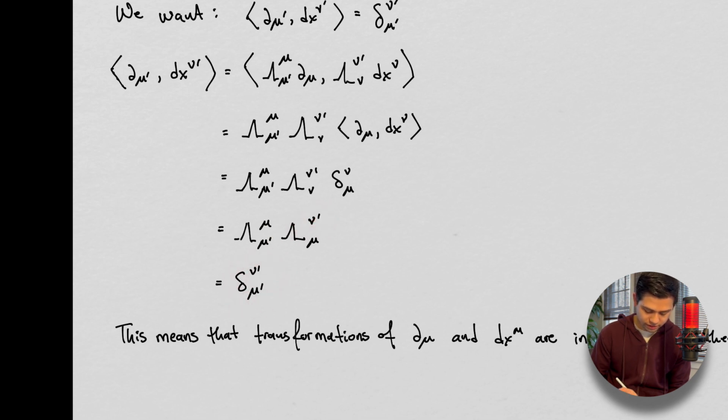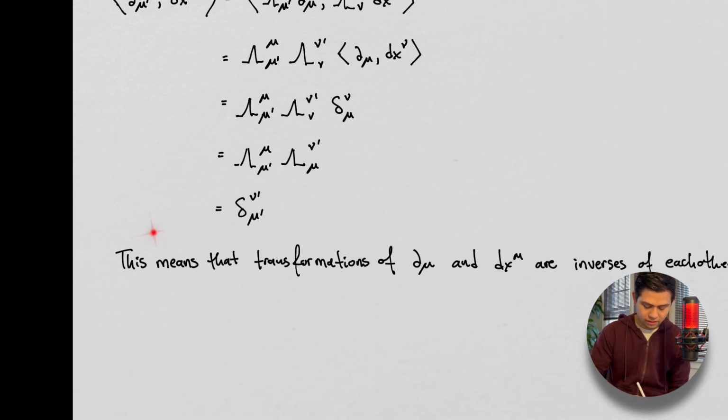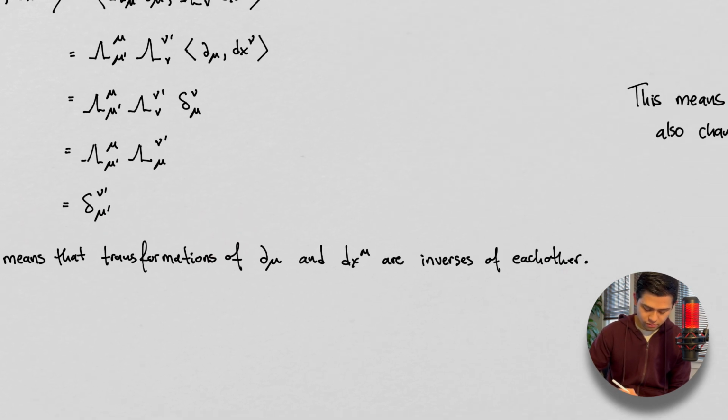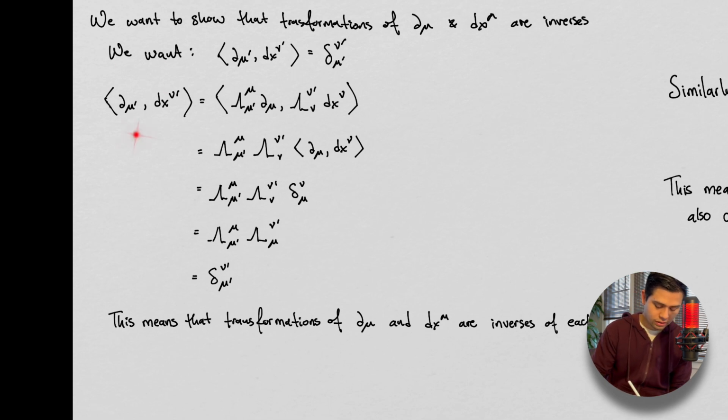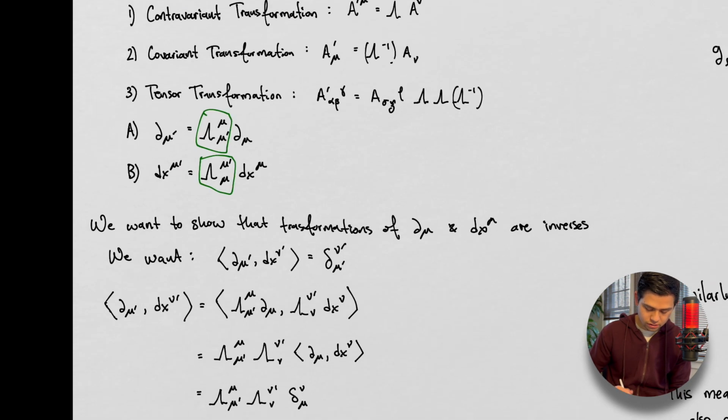So that's this guy right here. This means that the tensor transformations of del mu and dx mu are actually inverses of each other. So we've now proven that these two guys right here are indeed inverses of each other. Okay,